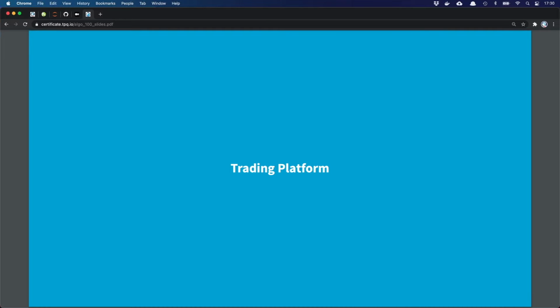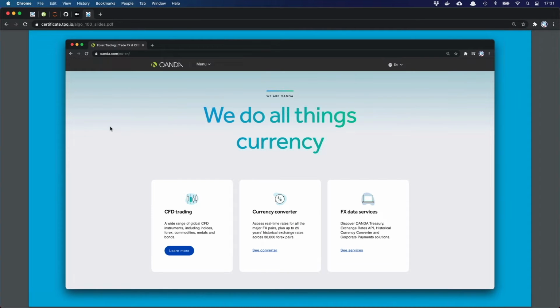Let us get started with the code, right? Trading platform. And as you can read in the article, as I mentioned before, we go with Oanda. And why Oanda? Over the years, they have proven to be one of the providers with, and I can say it, there's no relationship, no affiliation whatsoever. I don't make money if you sign up there, but they simply have, from my point of view, one of the best technologies for algorithmic trading, in particular for retail traders.